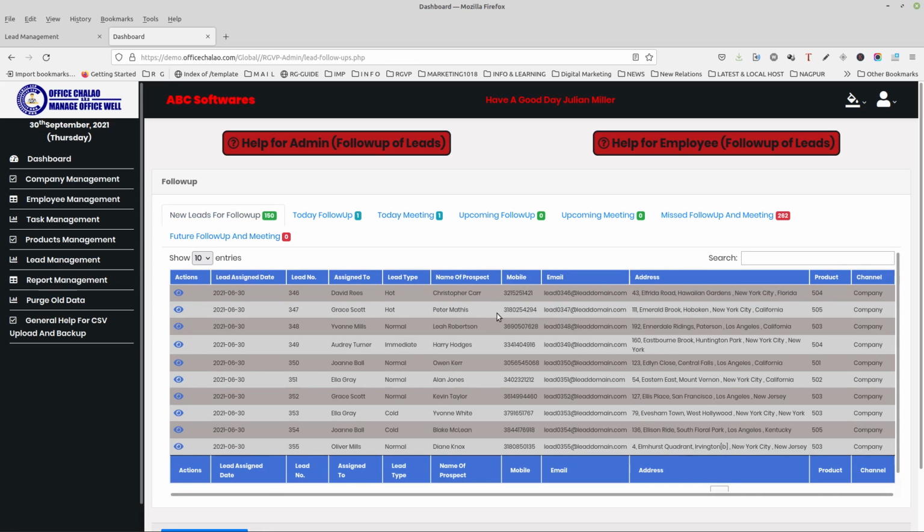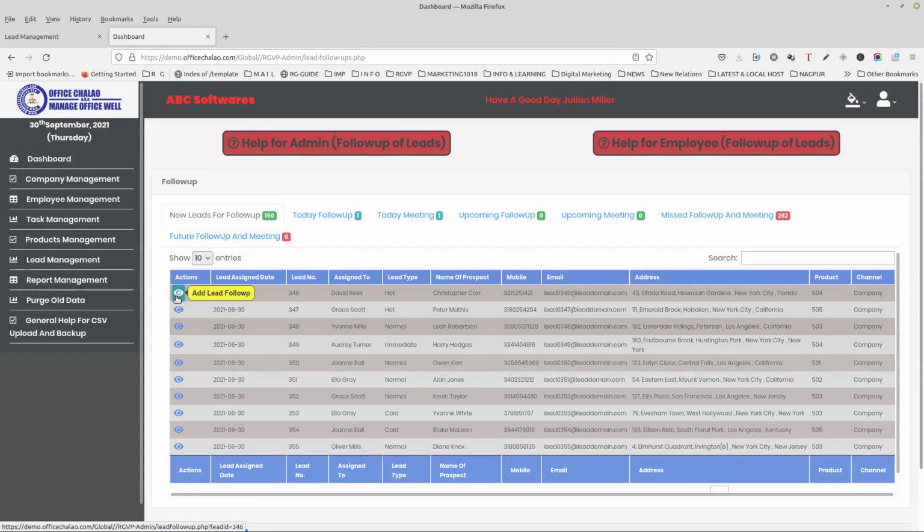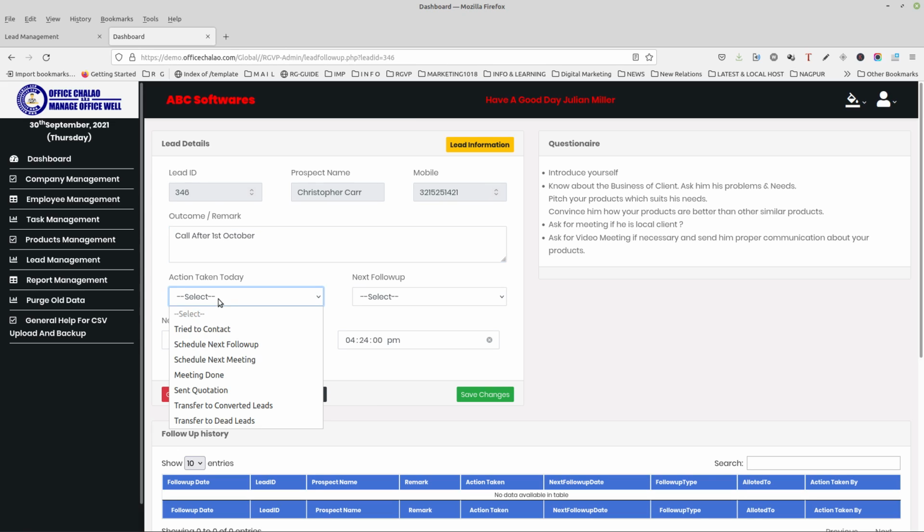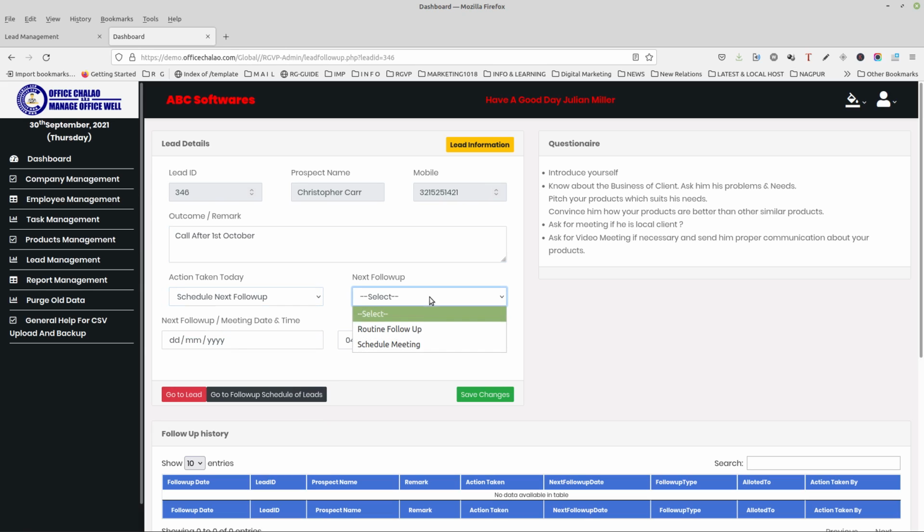Let us again go to the new lead section and take a follow-up on the new lead and schedule a follow-up after 2 days by filling the necessary columns in the follow-up section and then click on Save Changes.